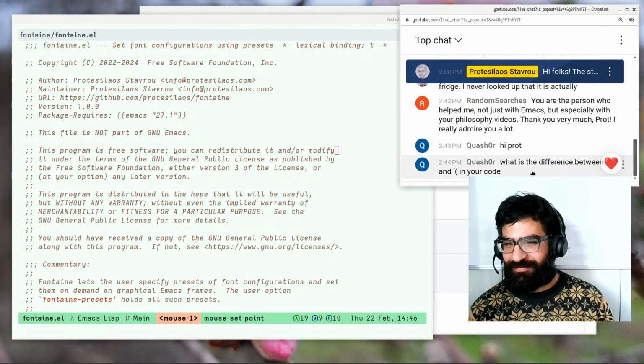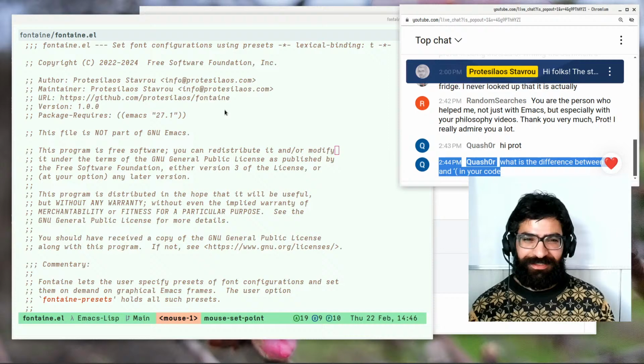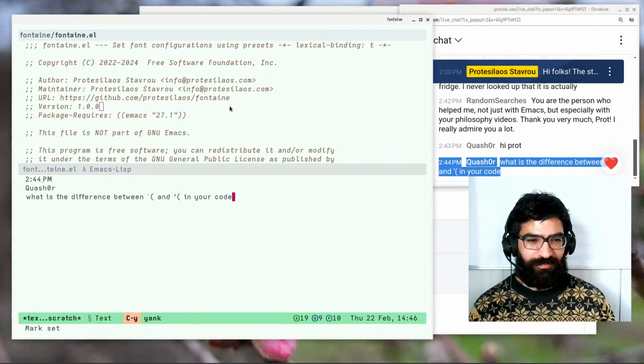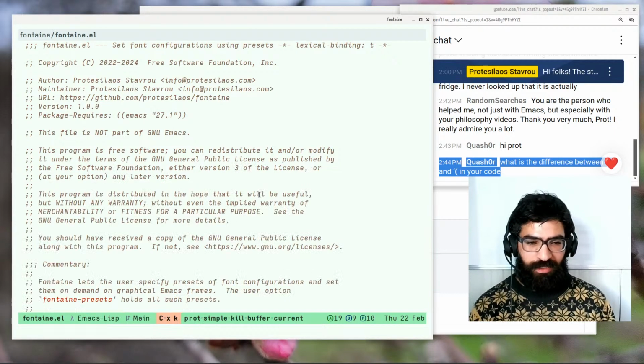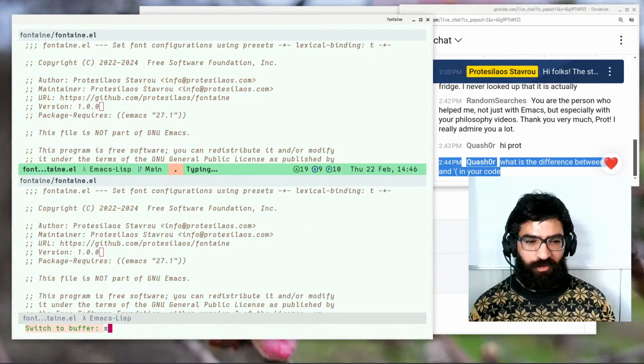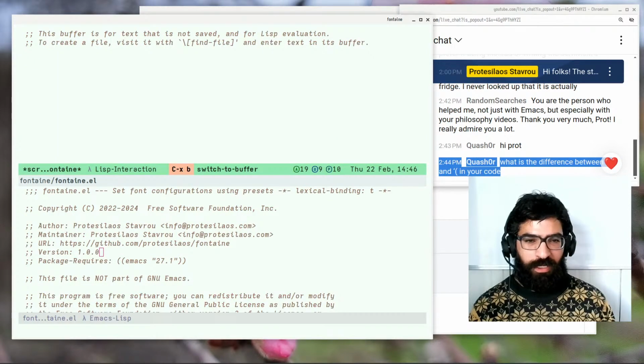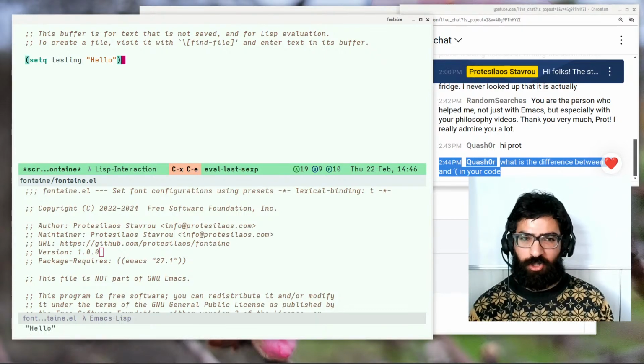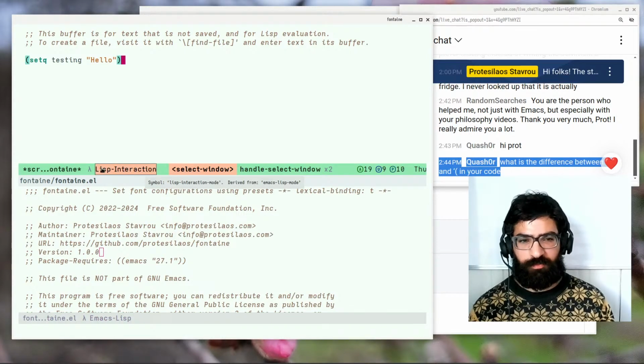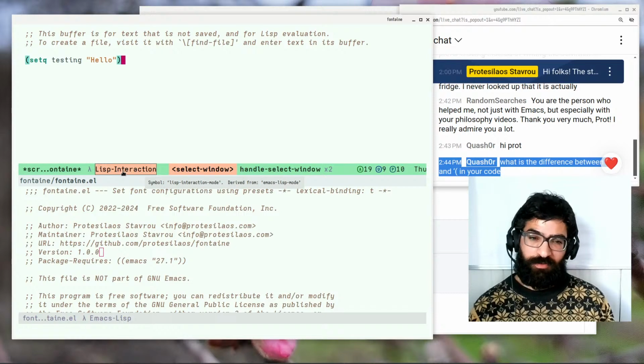Okay. What is the difference? Let me copy this into a buffer here. What is the difference between this and this in your code? Okay, let's take a quick look at this, and then I will check with Fontaine. Here is the idea. You are setting a variable. Let's call this variable testing, okay? And it has a value, which is a string, hello. By the way, I am in the Scratch buffer of Emacs, which by default runs Lisp Interaction mode,